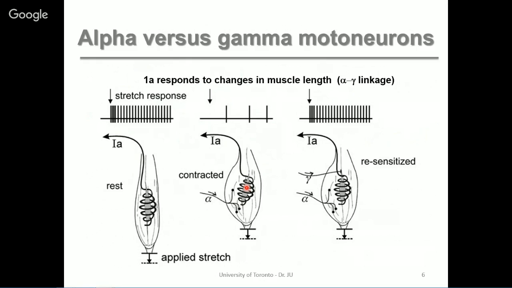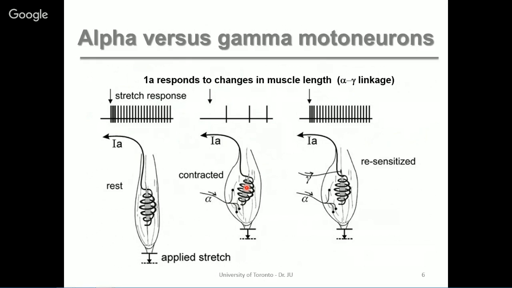It's not going to be able to do that. And so it has to be resensitized through the gamma motor neuron. So the muscle is contracted. If I put more weight on the muscle when it was like this, after it contracted, so this is the normal step. So it pulls, the muscle contracts, the muscle spindle can't recognize if more weight is going to be put on it. You would drop the weight, but you don't do that because every time I add more weight, the gamma motor neuron fires and it